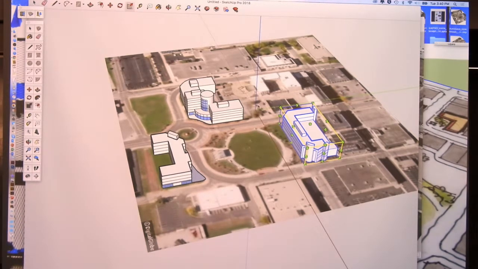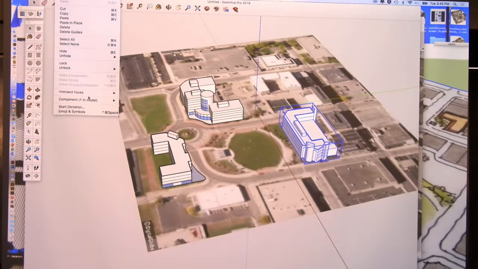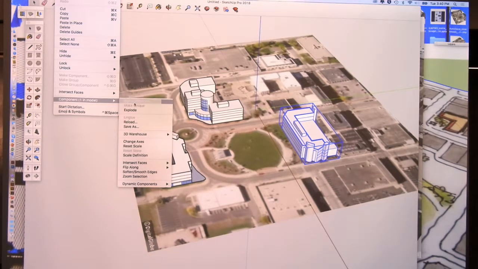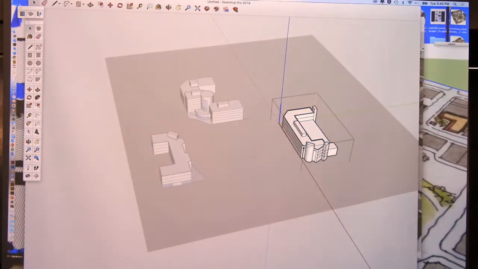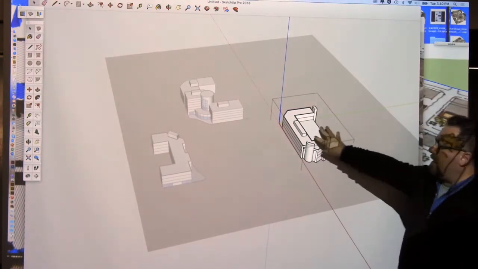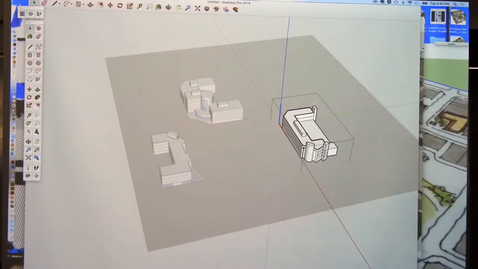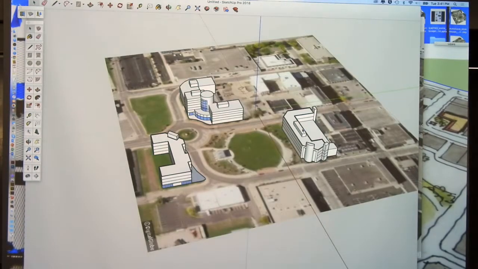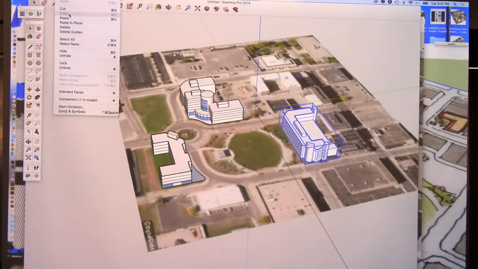Another option is once you scale the building and place it onto the site appropriately, you can explode that component and start measuring its parts and pieces. So if I take the component now and explode it, there's a few things I can start to do with it. Now here's kind of a cool thing. If you bring a component into a model, you can edit that component isolated from the rest of the model. So if I want to make changes to this, I can do that right here, and it is completely isolated from everything else. If there are multiple applications of the component, let's say I put another one in here,